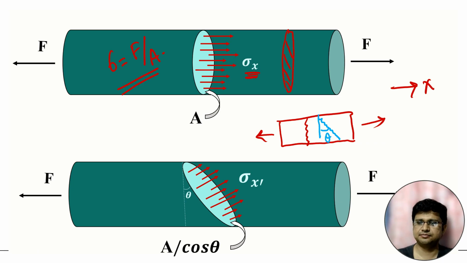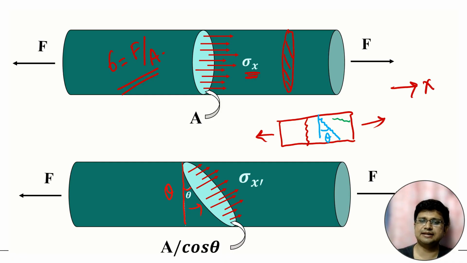Theta can be anything. For the vertical plane, theta is 0 degree. For an inclined plane, theta can be from 0 degree to 90 degree, it can be any value. Any type of failure can happen. It may also fail like this. This type of crack can also develop. So we have to understand what the stress will be for different cross-sectional areas. If the inclined plane is at an angle of theta with respect to the vertical plane, if this is theta, then actually